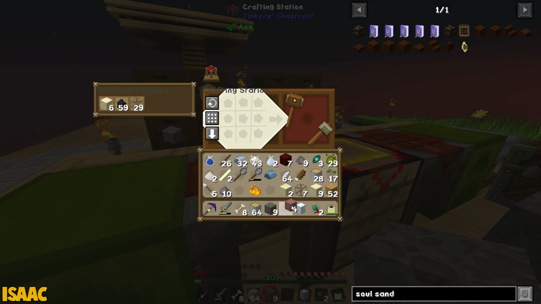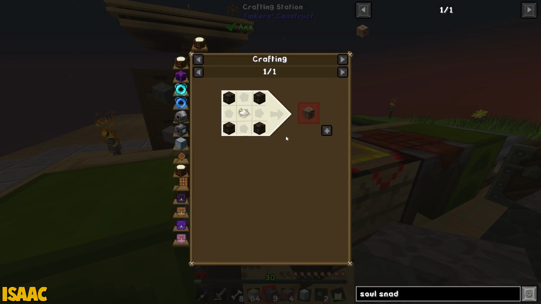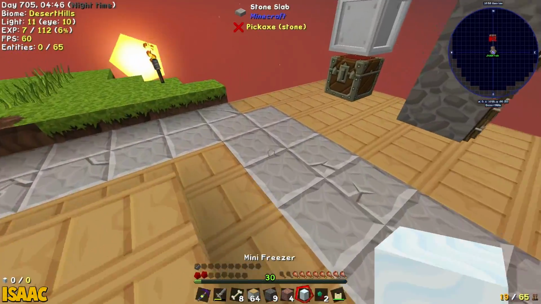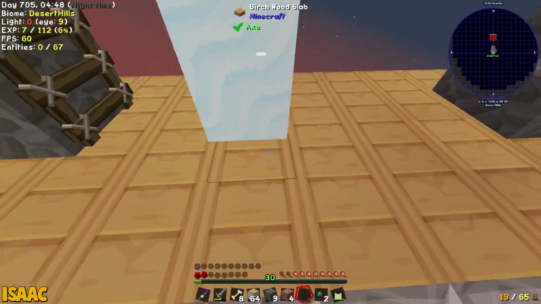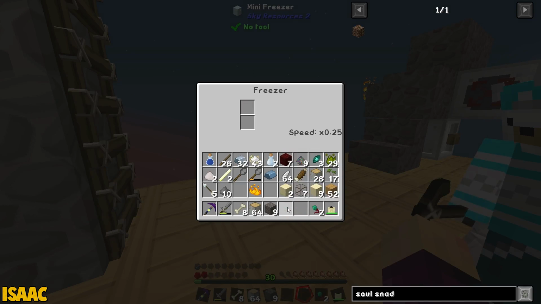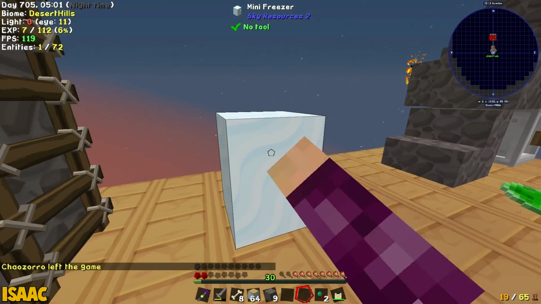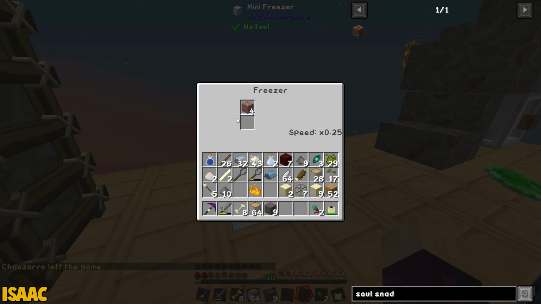So we craft that up, but now we have to turn the sandy netherrack into soul sand, right? Now, how would we go about doing that? Well, Nick, glad you asked. We put it in a freezer. Obviously. We take a mini freezer and we put our sandy netherrack in there. And if you give it about 458 trillion years, it will slowly but surely...